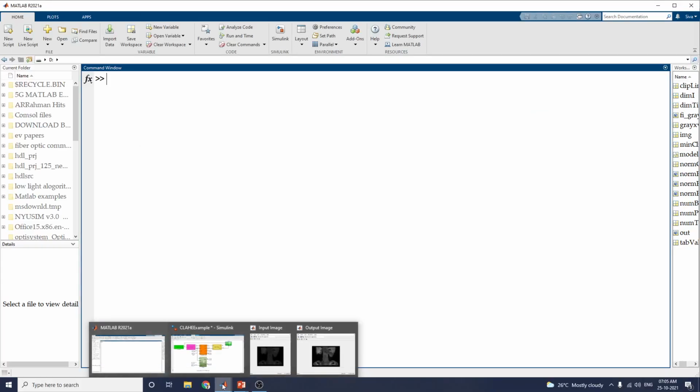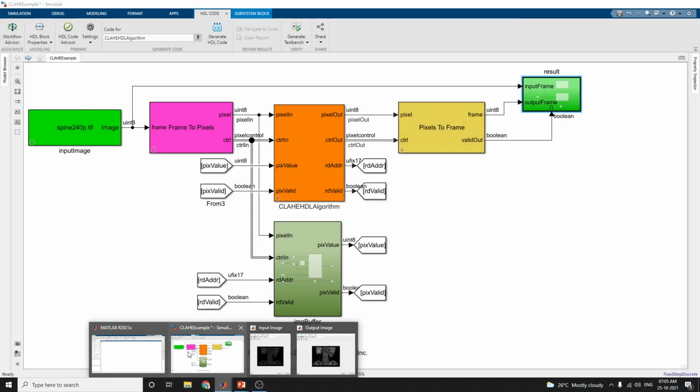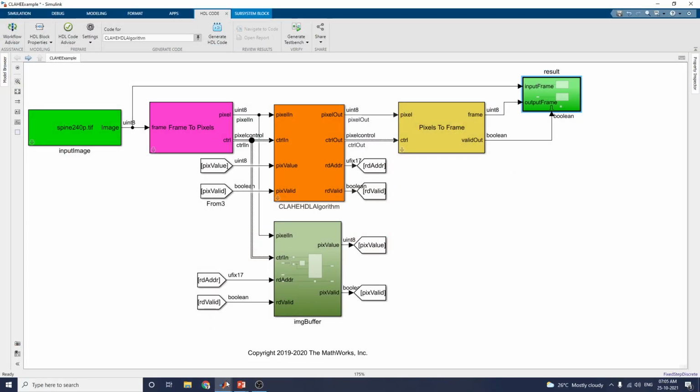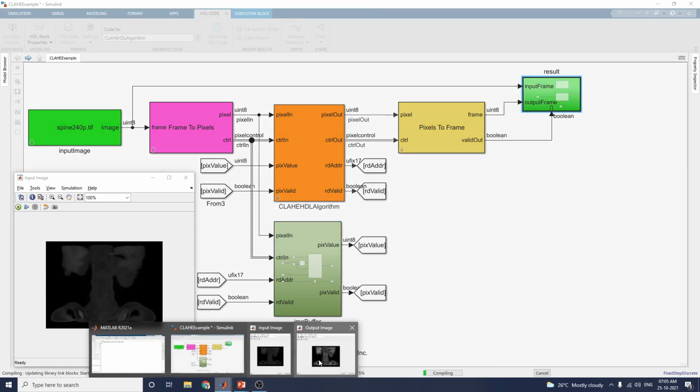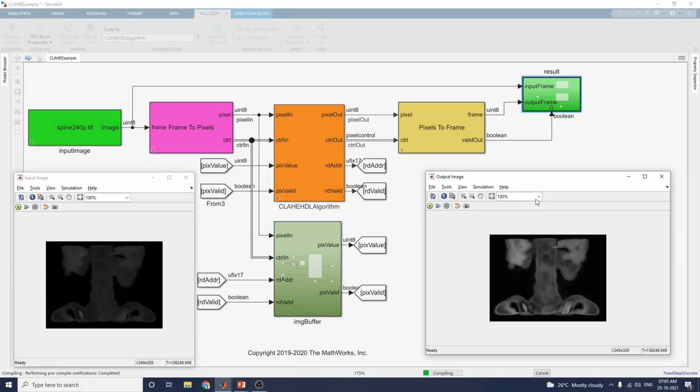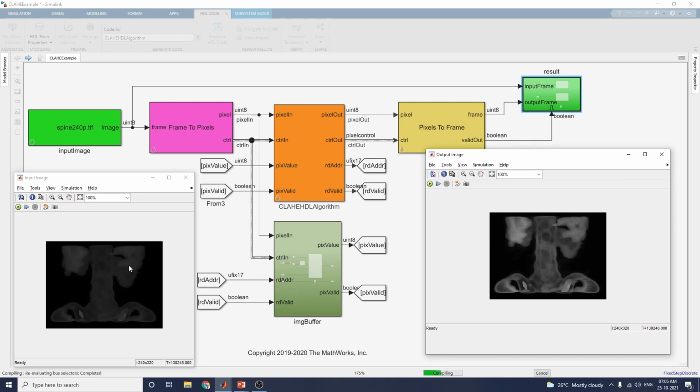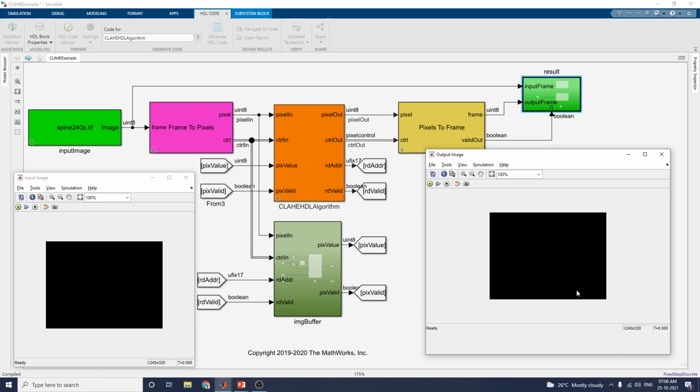Now it is running. Okay, after running, there is an input image, and we get an output image like this. You can see that by using this contrast limited histogram equalization HDL algorithm, we are getting the output like this. Now running is going on.